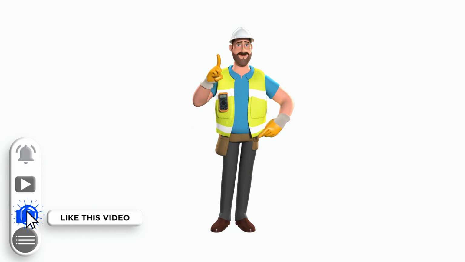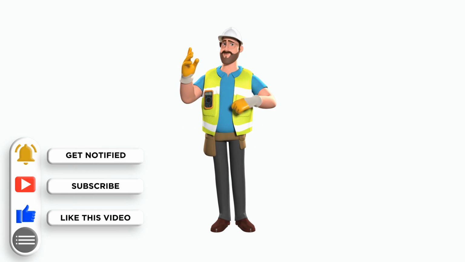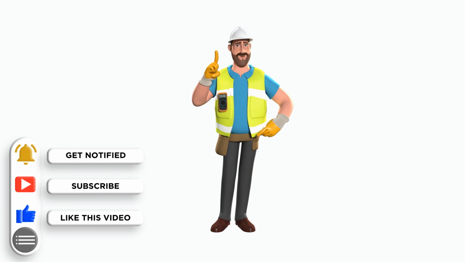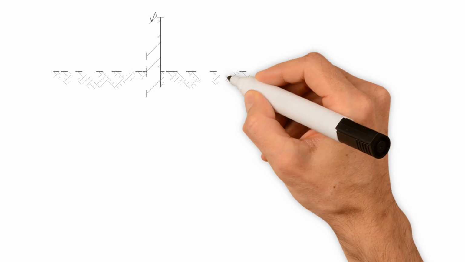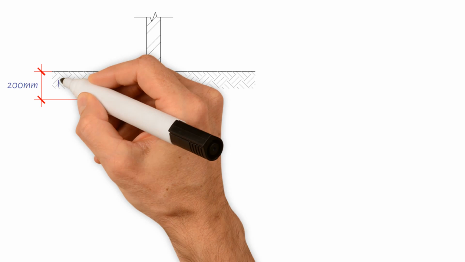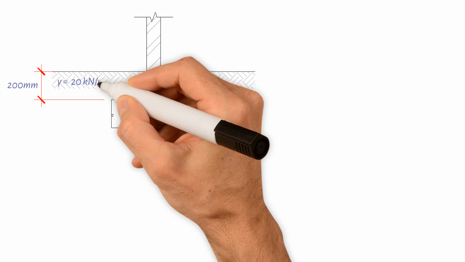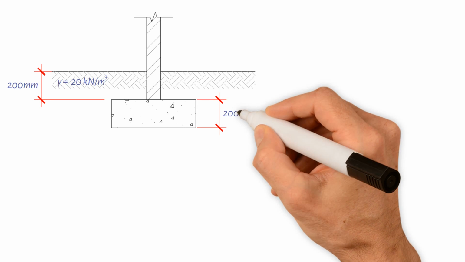In today's video, we will demonstrate how to evaluate the bearing pressure of the foundation subjected to eccentric loading. Let's consider a strip foundation with the top of the foundation 200 mm below ground level, and located in a soil which has a density of 20 kN per cubic meter. The water table is outside the zone of influence of the foundation, and the proposed foundation is 200 mm deep